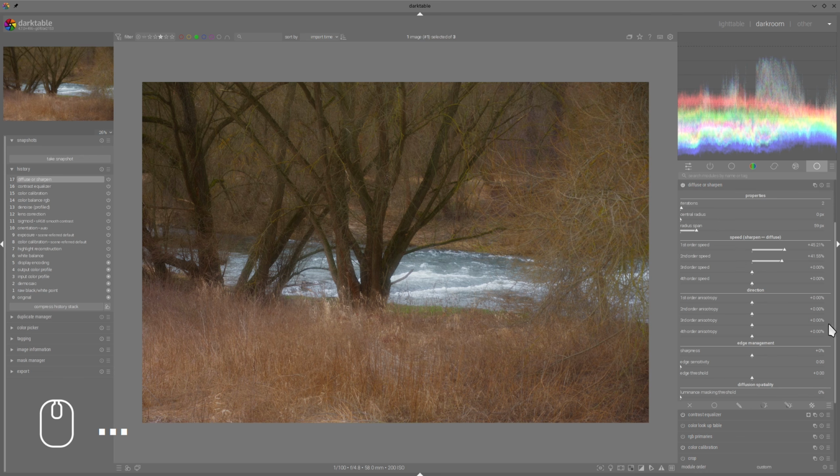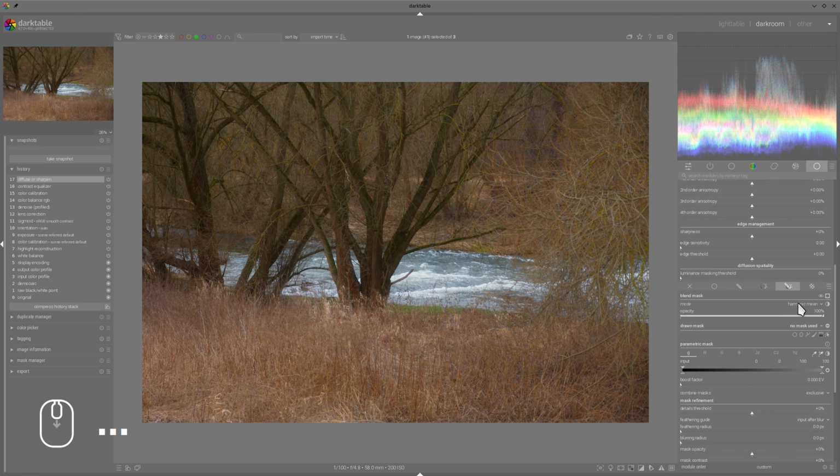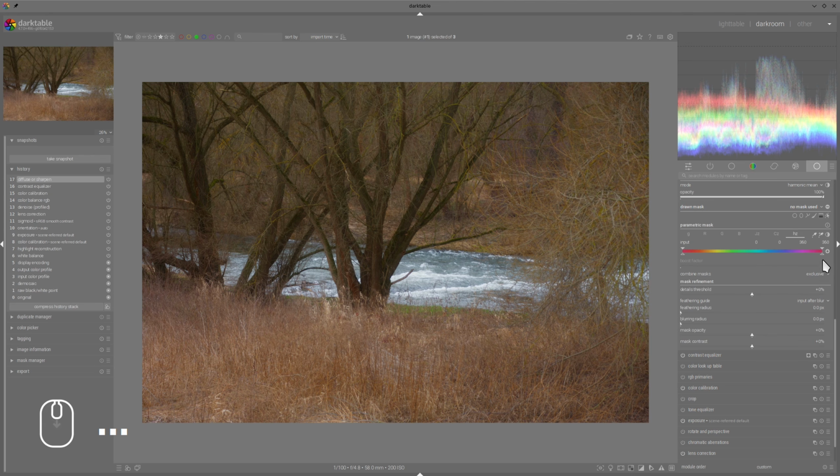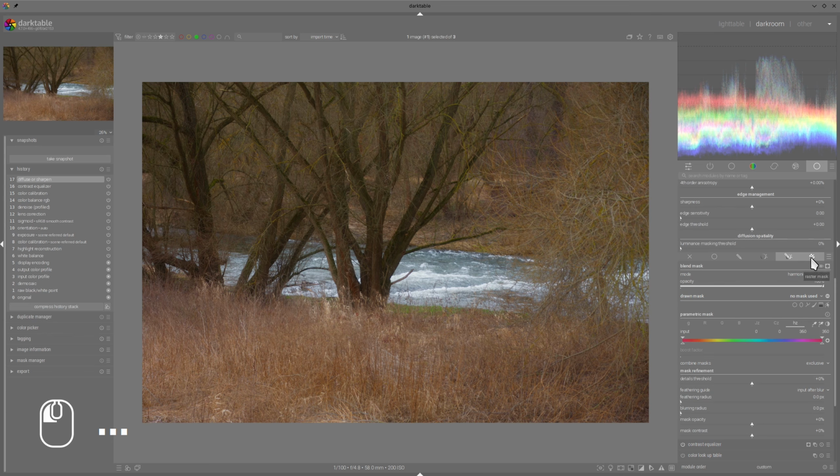And this time I will use harmonic mean as blend mode, and also only applied on the